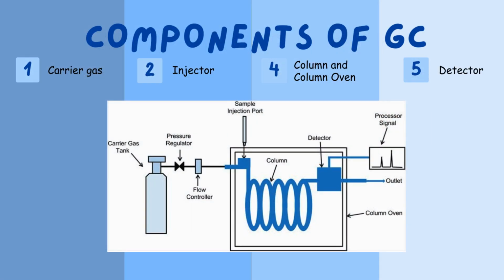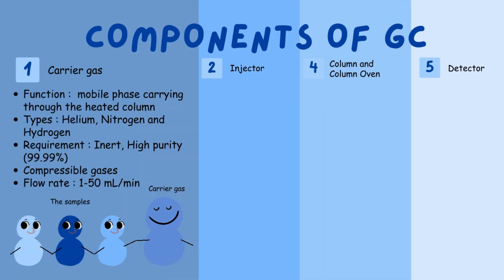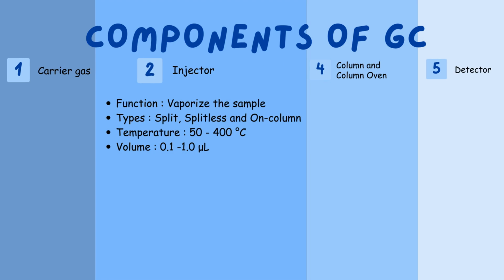Next is components of GC. There are 5 main components: carrier gas, injector, column and column oven, and detector. The carrier gas is our mobile phase, helium, nitrogen, or hydrogen at 99.99% purity, flowing at 1 to 50 milliliters per minute. The injector vaporizes tiny samples, 0.1 to 1 microliter, at 50 to 400 degrees Celsius using split, splitless,